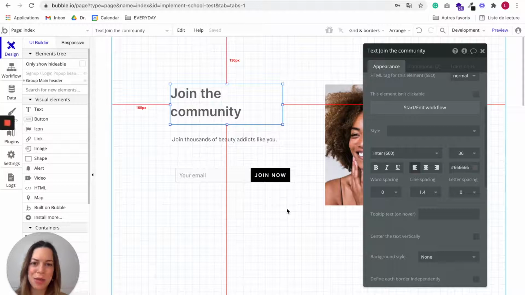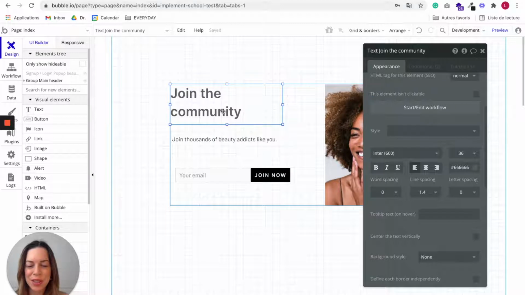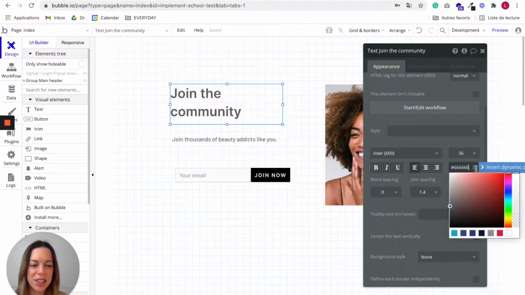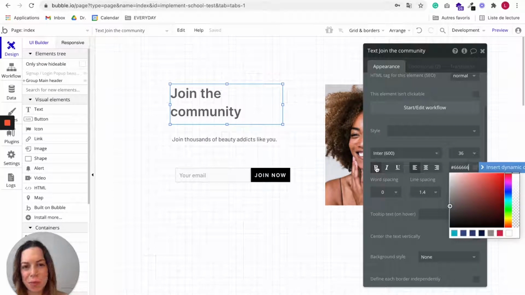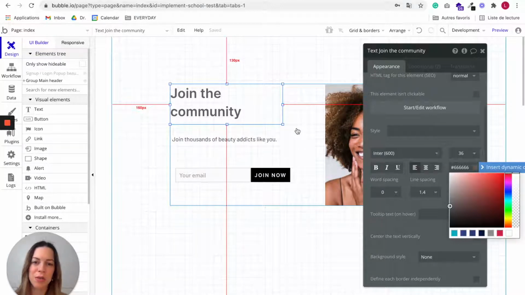Let's see how to use styles in Bubble. So far, when we wanted to edit the text font, such as changing the color or making it bold or changing the font, we were going in the property editor and we were changing it by hand. The problem is that it only changes this text box, but for bigger apps or websites, usually you want it